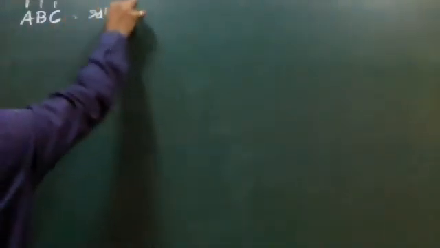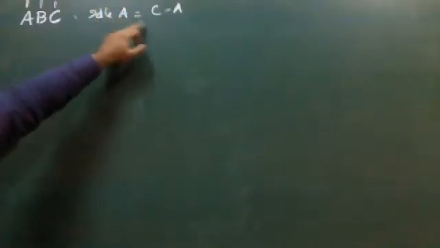So ABC is the first order, where A is the first machine, B is the second machine, and C is the third machine. And the regular formulas we are going to use here. So what's the regular formula we use here? Idle time for machine A is equal to C minus A. That is, the time the last job on machine C completed minus the time the last job on machine A completed will give the value for machine A.